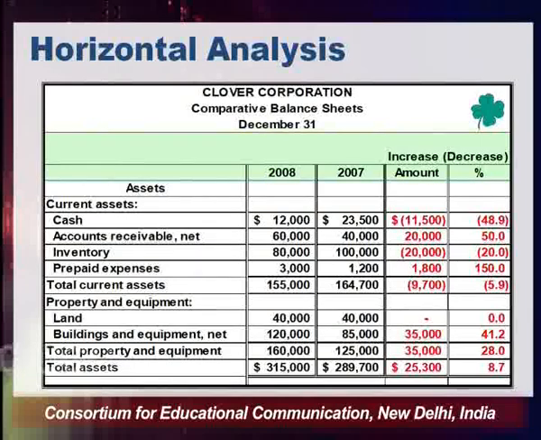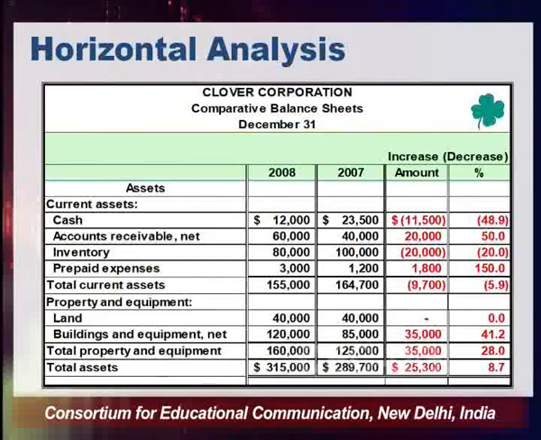This could be positive, this could be negative. Please note down that there are few data sets, few values which are expressed in bracket. What does it mean? The values in bracket means we are referring to a negative value, a negative change, right? This is a practice in accounting, that we express a negative change in bracket. And the last column in this table, in this slide, is about the percentage change. So absolute change in percentage is expressed in the last column, and that's how we carry the horizontal analysis.